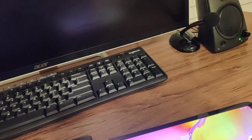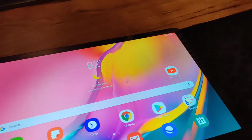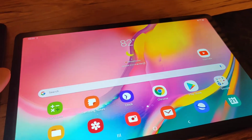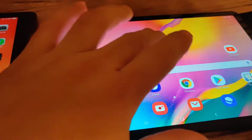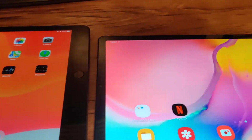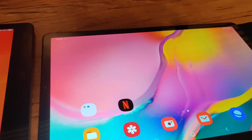But I'm bashing the iPad, but honestly, the iPad is a nice device. And the best thing about the iPad is, here I'm worried about, is this one going to be fast enough? Okay, maybe it's fast enough now, but in a year, is it going to be really slowing down on me? You don't have to worry about that with the iPad. It's very fast. And I can tell the difference between them when I use them. I can tell this one scrolls choppy and stuff. I even did a test on a website. I may do that here. And I noticed, because what I'm going to be doing mostly is web browsing,